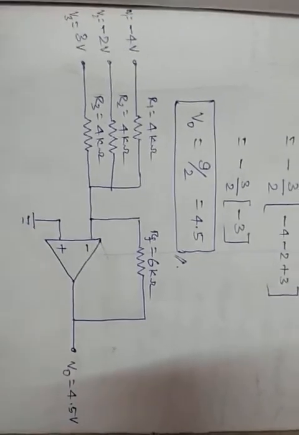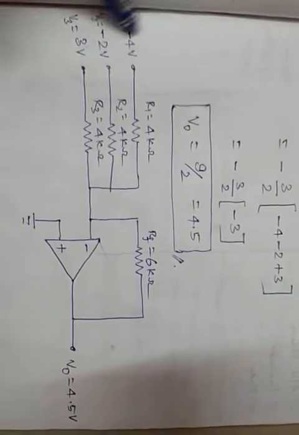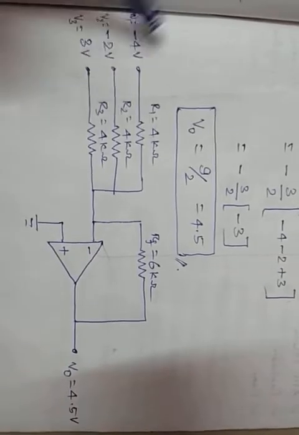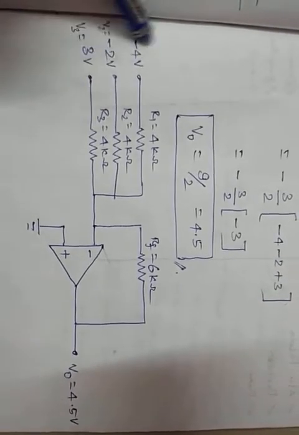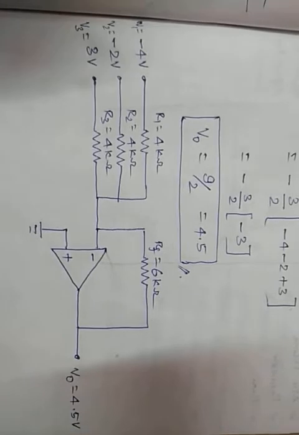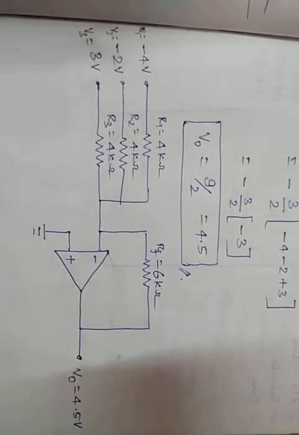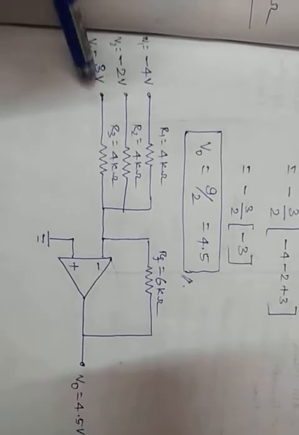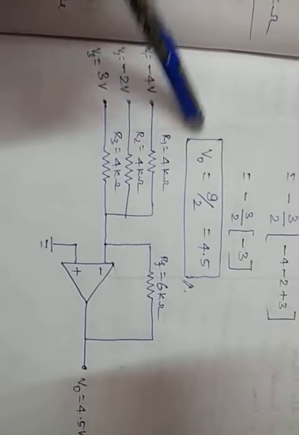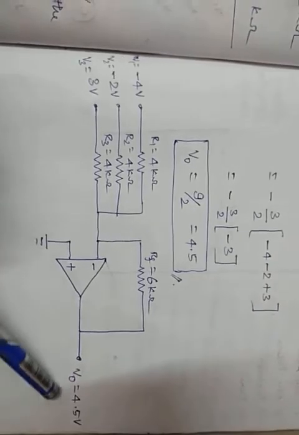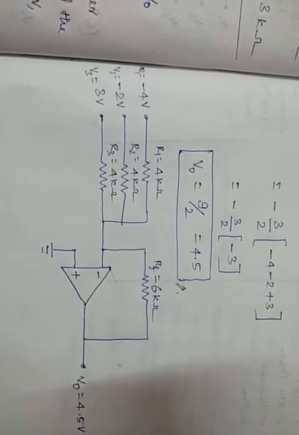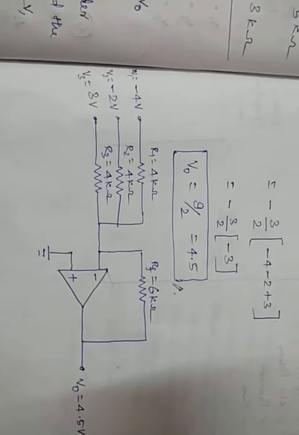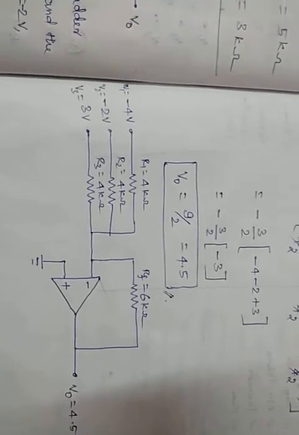See, this is the circuit diagram with the input voltage values. In the previous problems we discussed, we have not written input voltage values because they were not given in the question, and for those problems there was no need to calculate them. Here the input voltage values are given in the question itself, and the output voltage value we calculated in this problem. Finally we got 4.5. The circuit diagram is the same as we already discussed in the previous problems, right? We'll move on to the next problem.